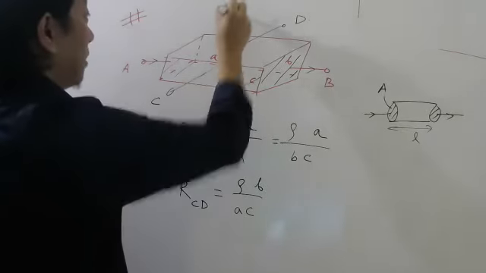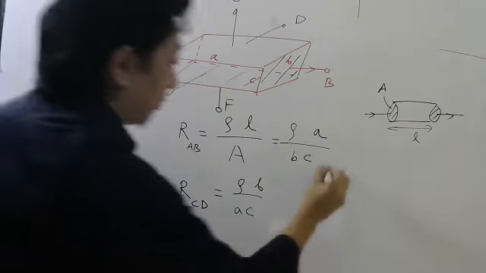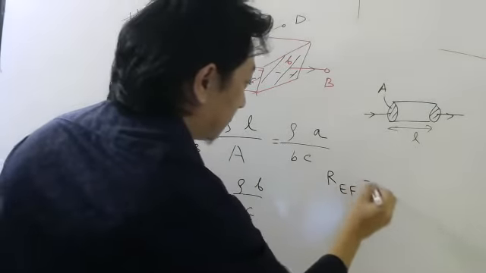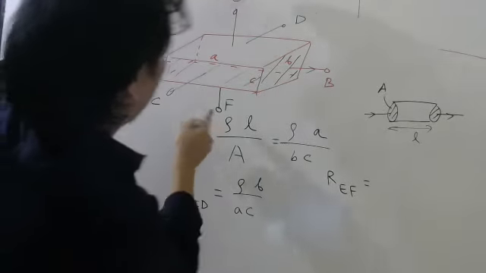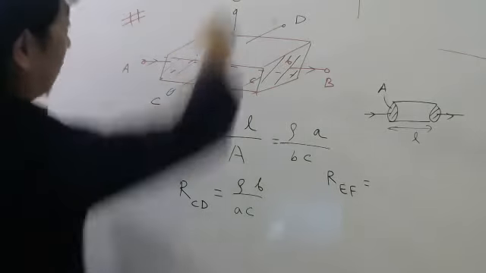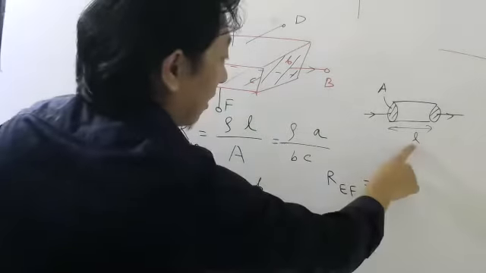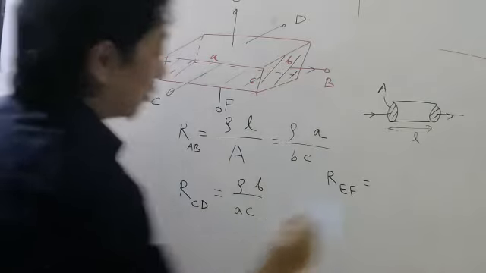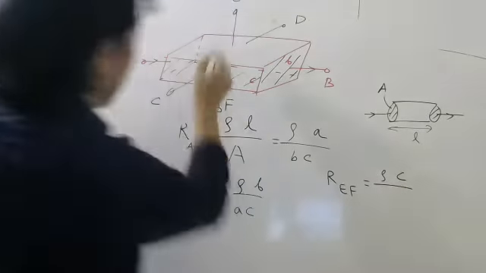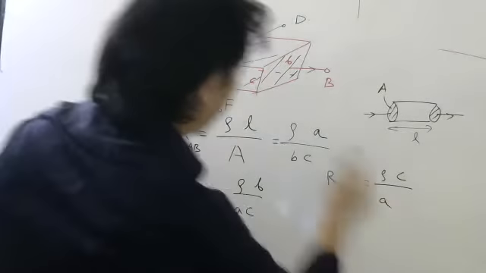Then let me ask between these two. Let me call this EF. What will be the resistance between E and F? Now, if I put a battery here, current will flow like this, or maybe like this, right? So if current will flow like this, this L, again I am saying this L should be parallel to current. So parallel to current will be this side. This side is how much? C. So it will be rho C by this area, the upper area. So this upper area will be what? Length is A, breadth is B.